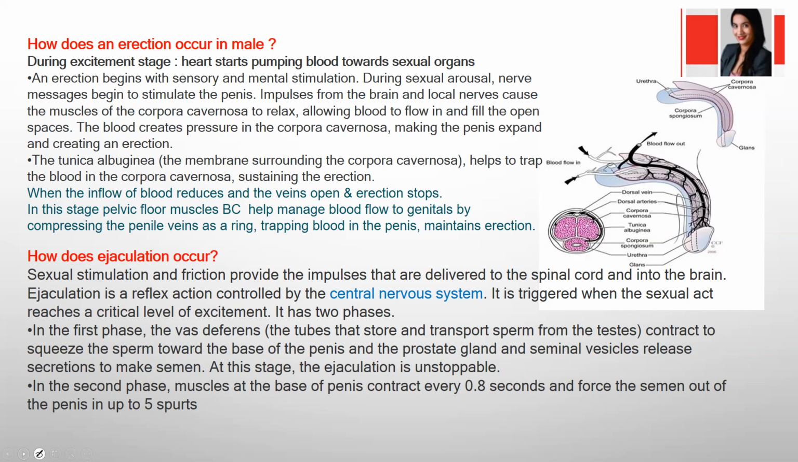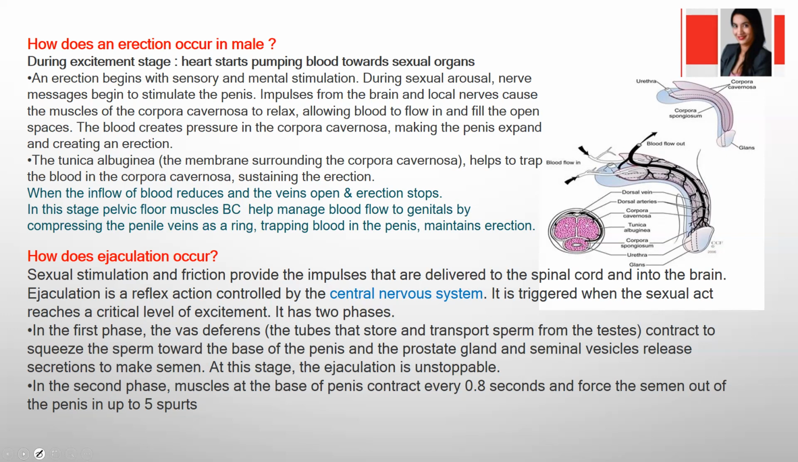The vas deferens contract to squeeze the sperm towards the base of the penis. From this base of the penis, the sperm will move towards the prostate gland, and the seminal vesicles which are present there will release a lot of the semen, and the semen will come outside. Then we have the pelvic floor muscles, which will be released at that time, and the ejaculation will happen, and it will be an unstoppable response